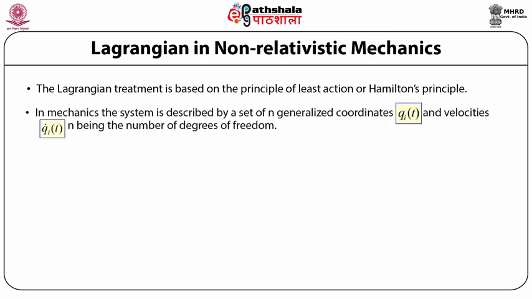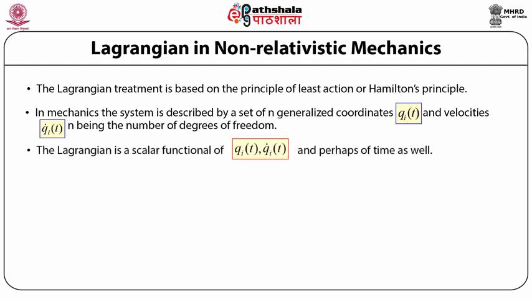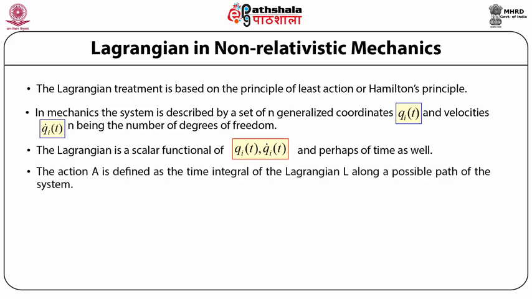In non-relativistic mechanics, the system is described by a set of n generalized coordinates q_i(t) and velocities q_i dot(t), n being the number of degrees of freedom. The Lagrangian is a scalar function, in ordinary three-dimensional space, of q_i(t) and q_i dot(t) and perhaps of time as well. The action A is defined as the time integral of the Lagrangian L along a possible path